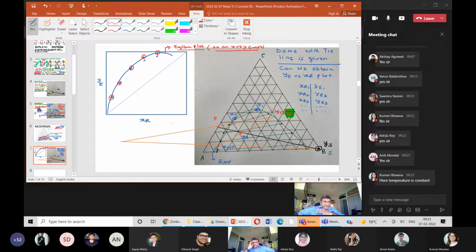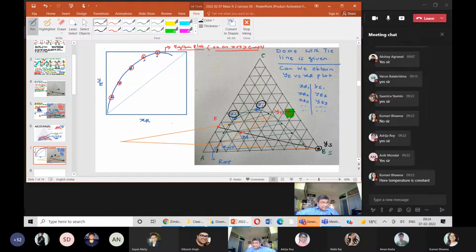So you converted the data into an XY format there. You lost the information of temperature. Here you convert the dome into XY data. You lose the information about the exact composition of the points. Is it clear? Here in the triangular plot, when you locate any of the points, its full composition is known. However, when you draw this plot, the full composition of each of the points is not known. Is it clear to all?